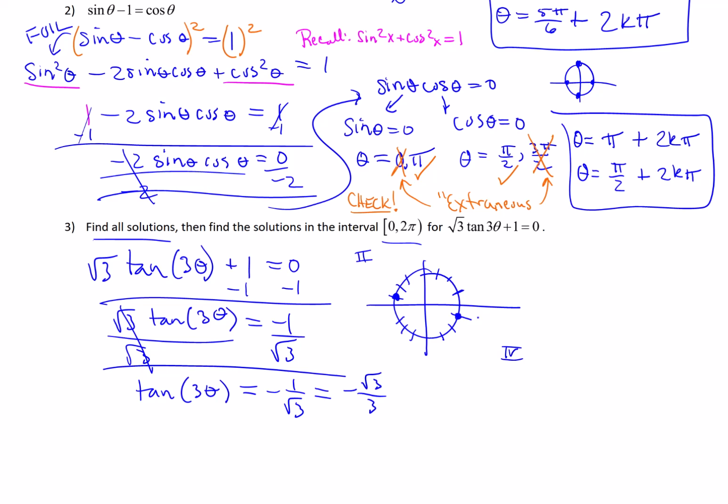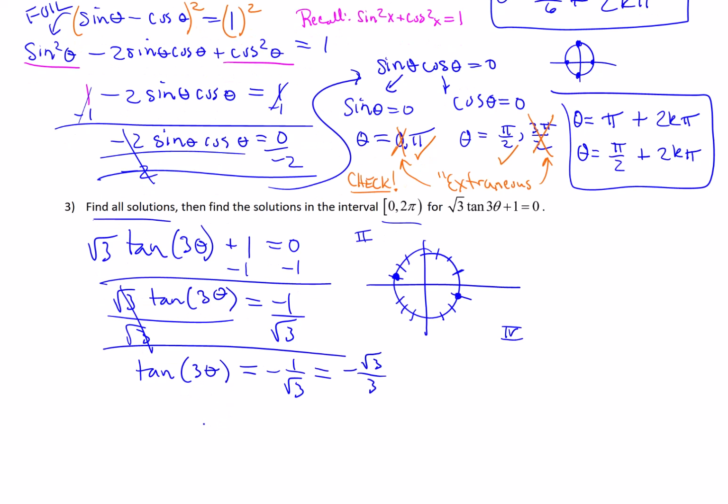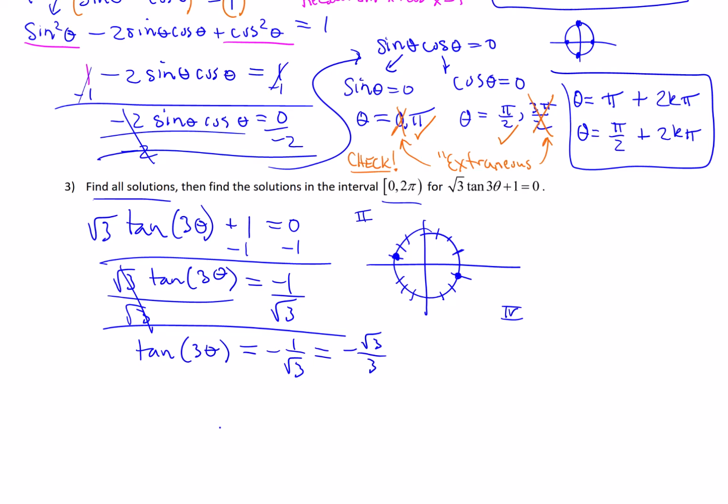However, notice here that we have not just theta, but 3 theta. This is where the multiples of angles is coming into play with our title and our notes above. So what we're going to say here is that we know where those places are from the unit circle, but what we have now is that 3 theta is really equal to them. So we'll say it algebraically like this. 3 theta would equal, actually I'm going to write this directly next to the circle. So we got 3 theta